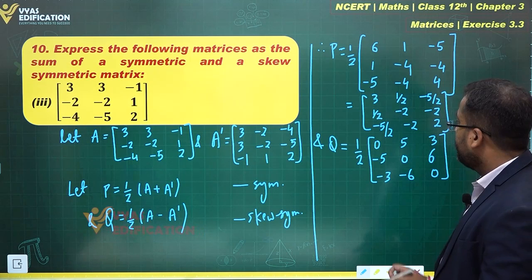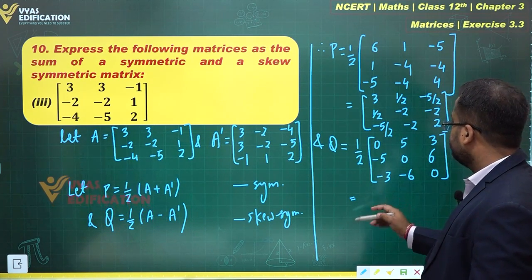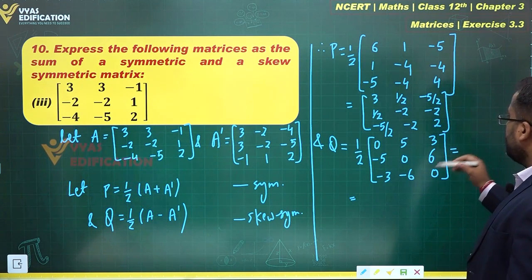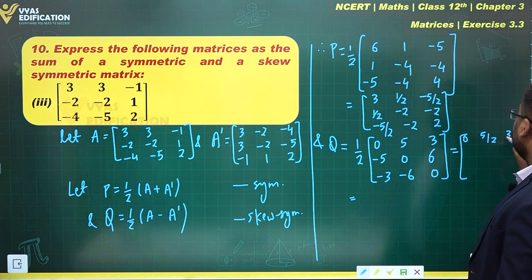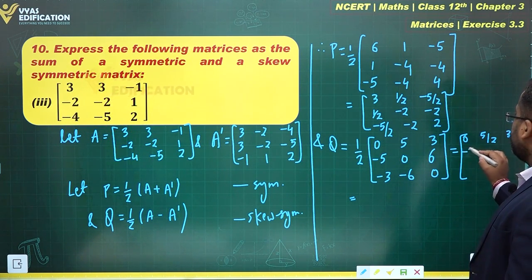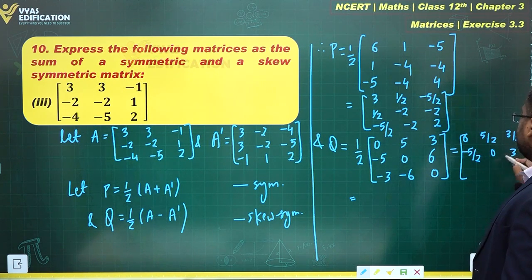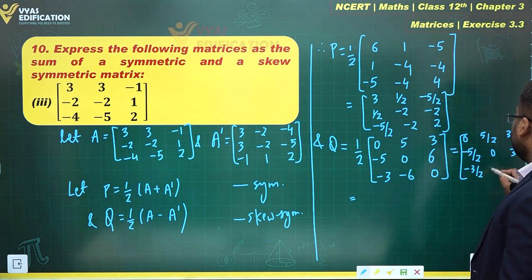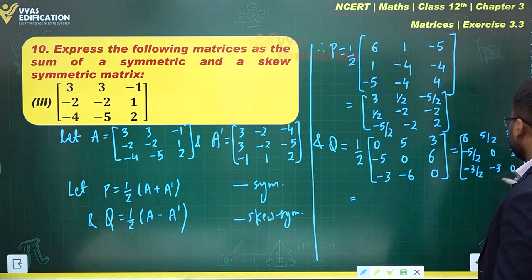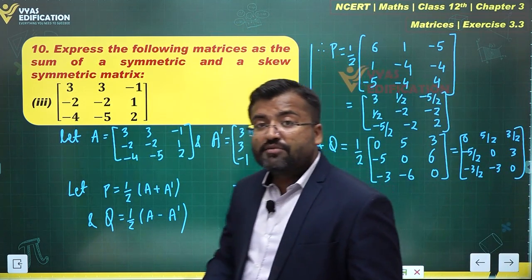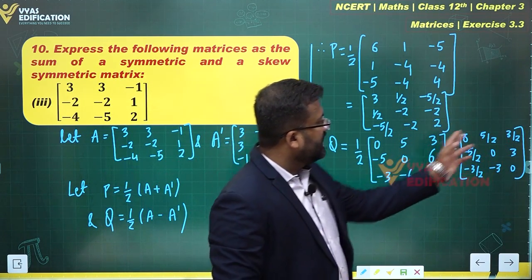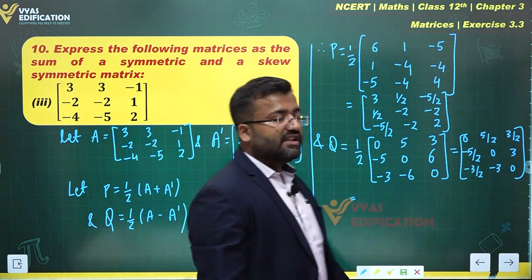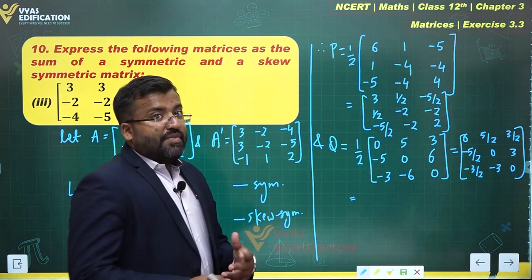This is Q, which is further equal to what? Let's multiply with half, and what you get is 0, 5 by 2, 3 by 2, minus 5 by 2, 0, 3, minus 3 by 2, minus 3 and 0. This is what I obtain. And can you observe that matrix Q is a skew symmetric matrix? Yes. The other than diagonal elements are negatives of each other. Observe that P plus Q